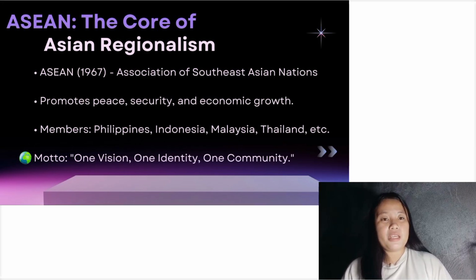It includes countries like the Philippines, Thailand, Indonesia, Malaysia, and Vietnam. Their goal is one vision, one identity, and one community. It means that they want to work together, feel like they belong to the same group, and build as strong